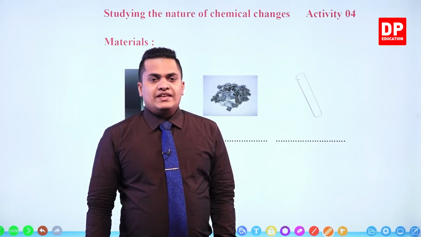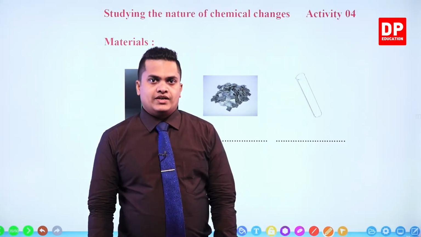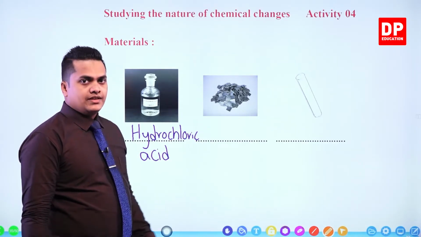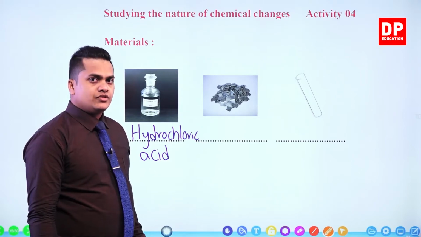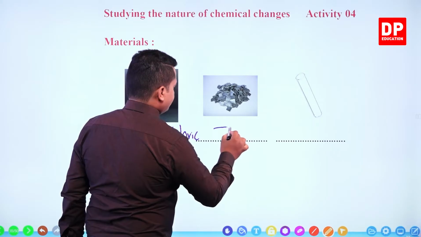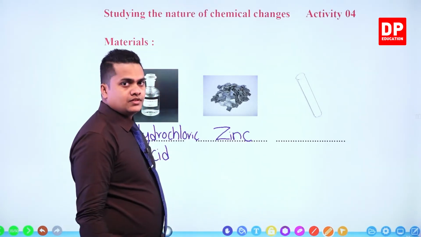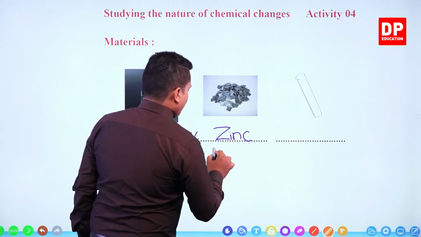Okay, so we'll be needing hydrochloric acid. Some description about hydrochloric acid for you guys then. The first thing is some amount of diluted hydrochloric acid. To dilute it, you just add water. Then this is zinc. This is zinc, right? So we'll be needing